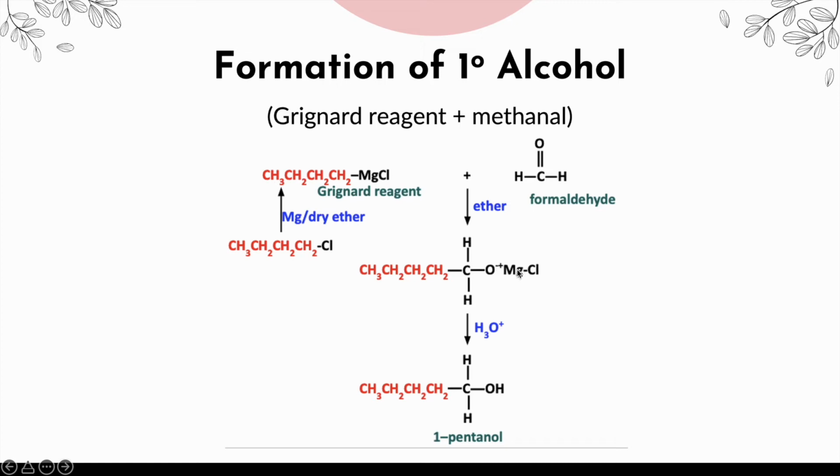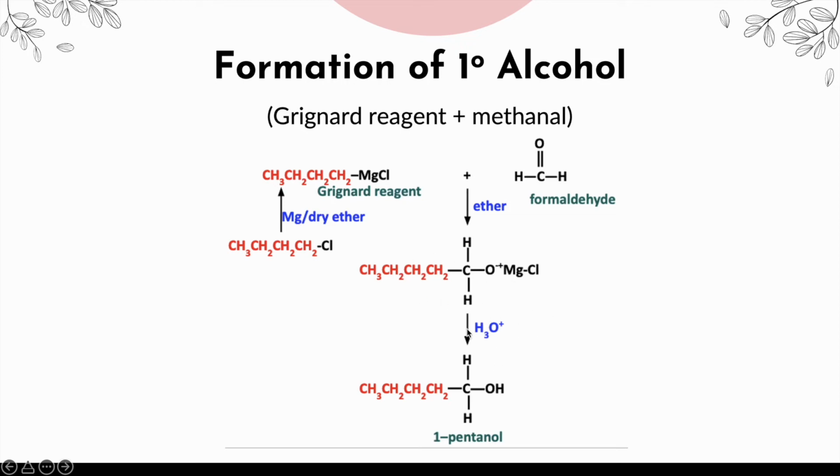So this plus is for MgCl, O minus is this O, because this double bond over here, one of the bonds is used to give the lone pair to this oxygen, making this O negative, and MgCl here is delta plus, O minus MgCl plus, the plus at the Mg over here will be produced,